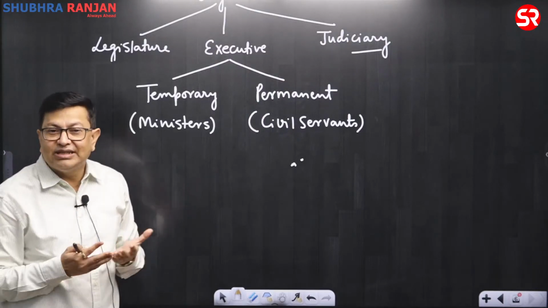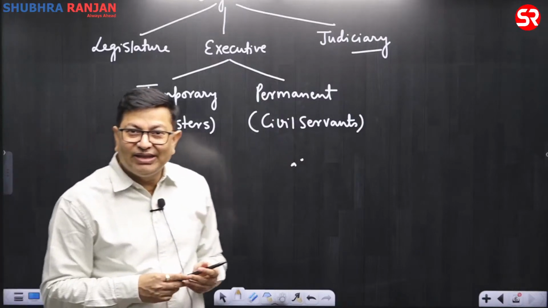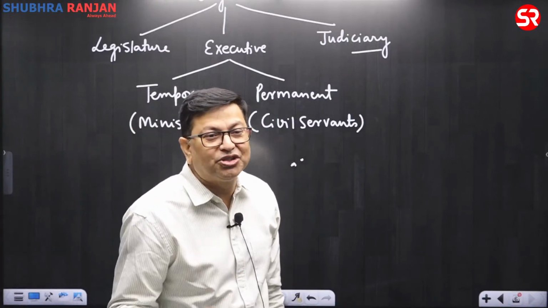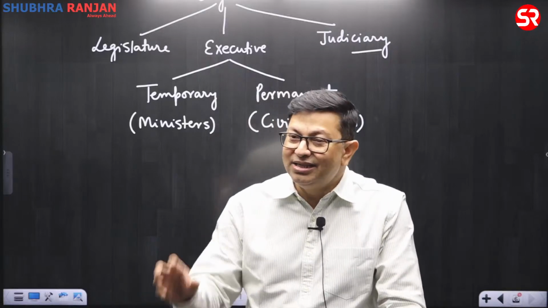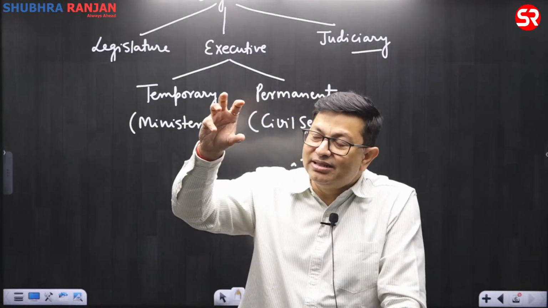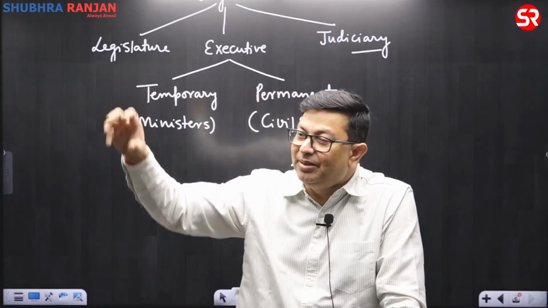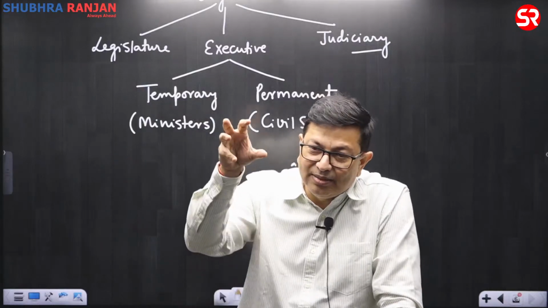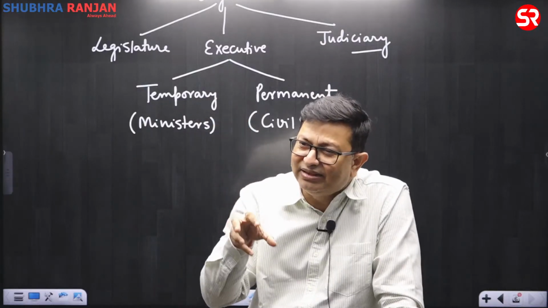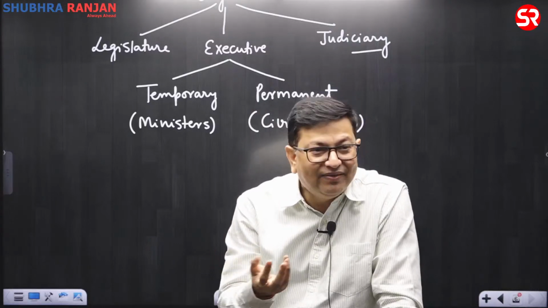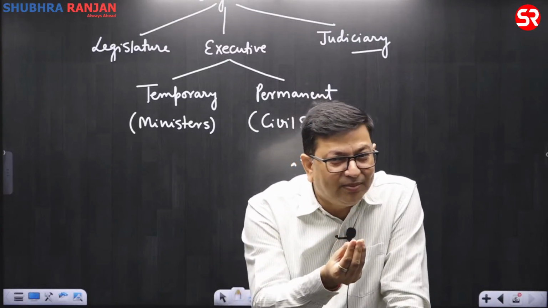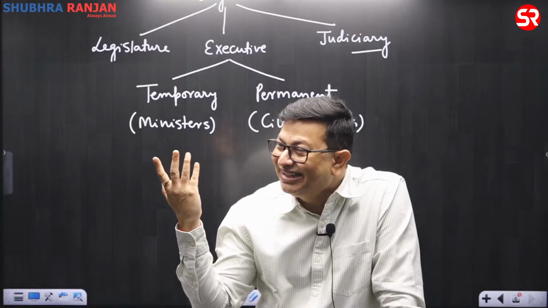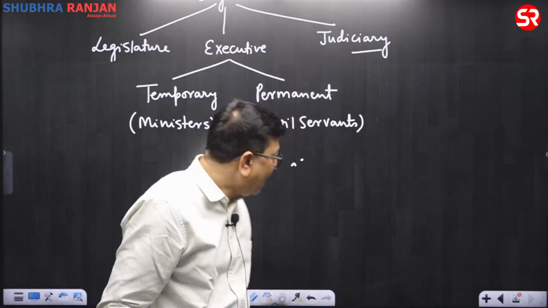If we talk about the Chinese constitution, everything has been mentioned in the Chinese constitution itself. That is, the Chinese legislature will be termed as National People's Congress. How the members will be elected, everything has been mentioned there. Even they have talked about the political party, that is the Communist Party. So now coming to